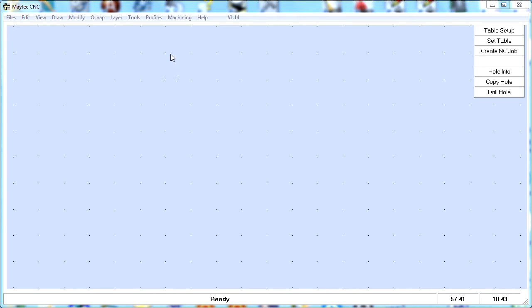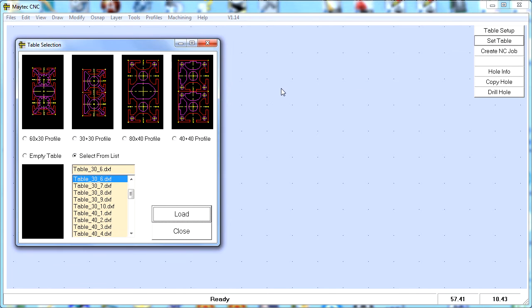On starting it, you would normally set table. This then gives you a range of options for drilling holes in various Maytec sections. You have 4 standard options across the top based on 40, 30, 80 or 60 millimetre profiles. You also have an option in the lower left to have an empty table so you can draw your own